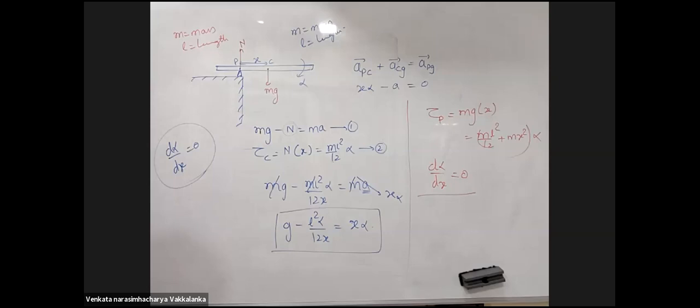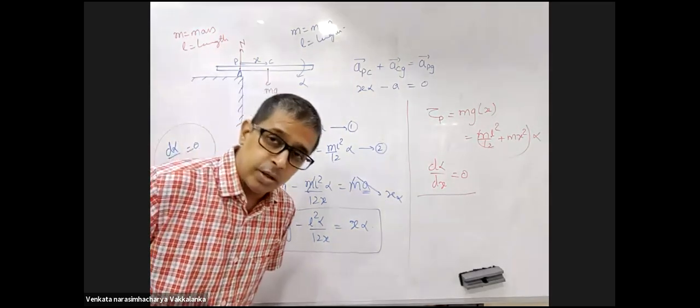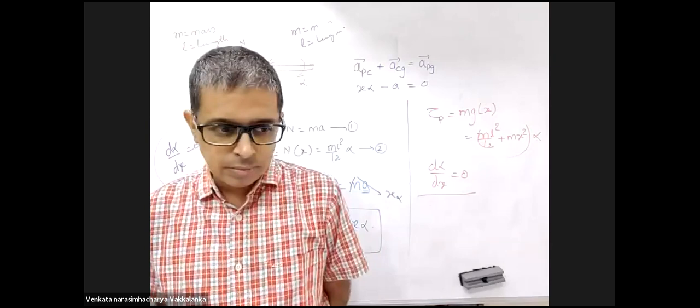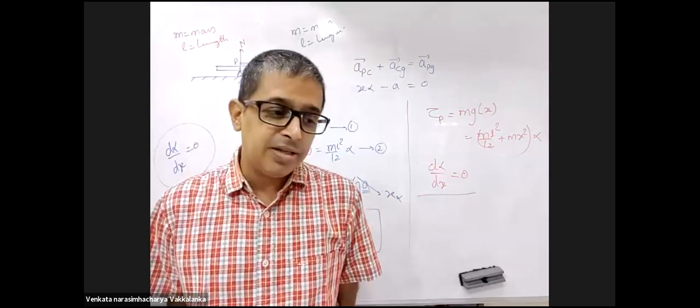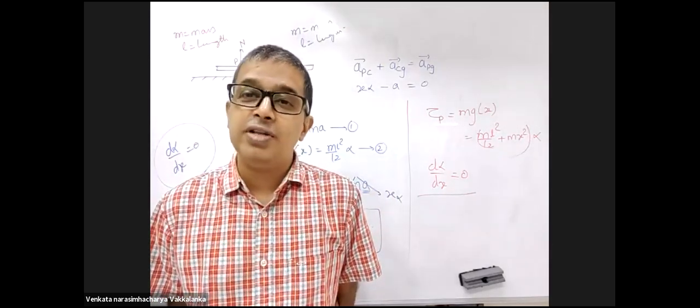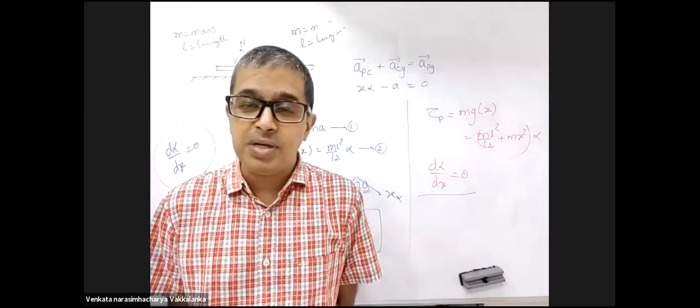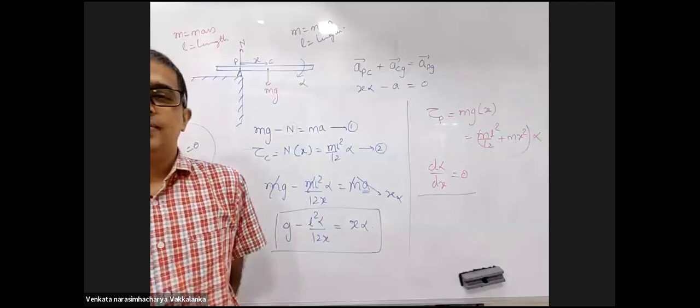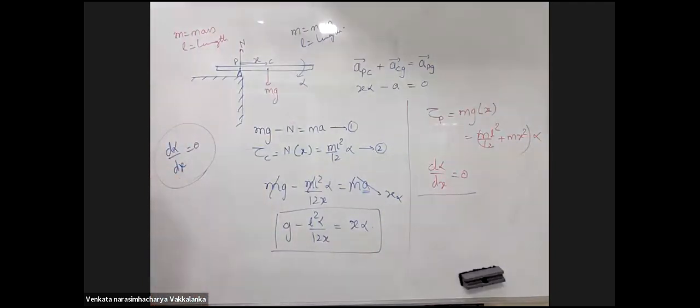Sir, I had one doubt. When you consider a torque about C, the variable alpha which you consider, wouldn't it be different from the variable if we considered from point P? Do you remember the rigid body theorem? Yes. The rigid body theorem tells us that the angular velocity of a body with respect to any point of the body will be the same. So alpha will be the same.